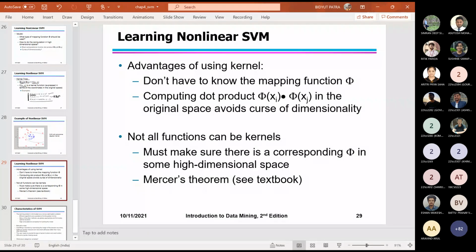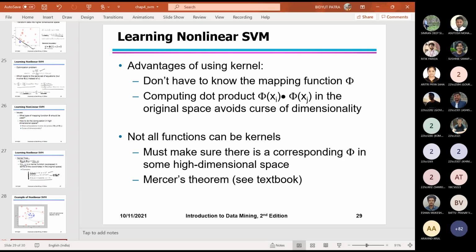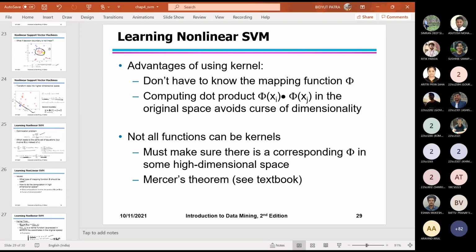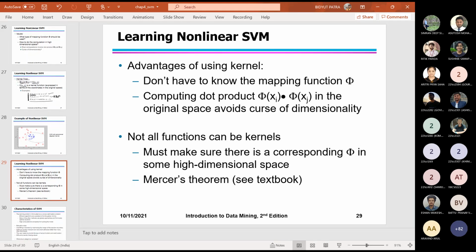So in the last part of today's class, maybe you may not understand very clearly, but you need to read a little bit from the book. The basic idea is that if you don't get linearly separable data, in that case you need to transform the data into a higher dimension. But you don't need to do that yourself, because there is a function called the kernel function, which will do this task.